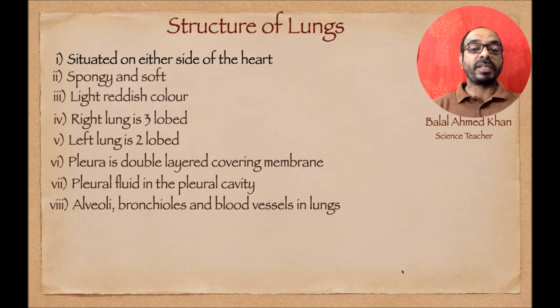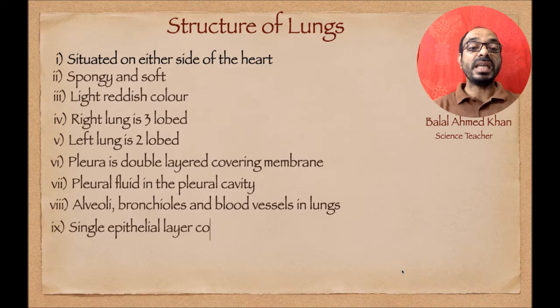Alveoli, bronchioles, blood vessels, blood capillaries, veins, arteries, etc. are there in the lungs. Lungs contain alveoli, numerous balloon-like structures, bronchioles, branches of the bronchus, blood vessels, etc. inside the lungs. And the last one is the single epithelial layer covering the alveoli of the lungs. The alveolus is covered by a